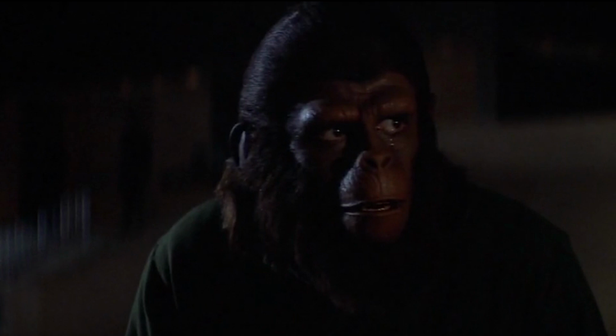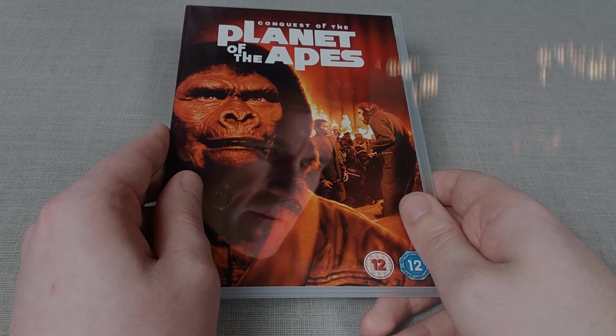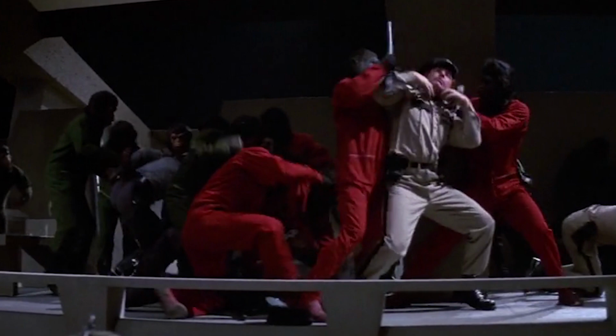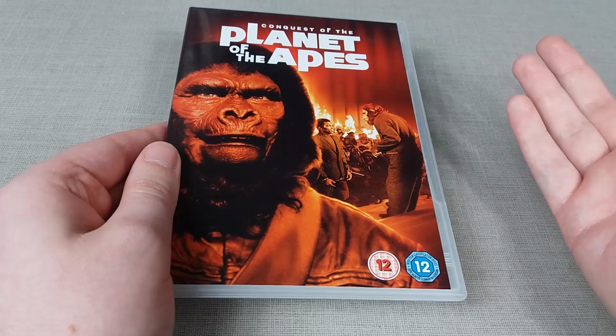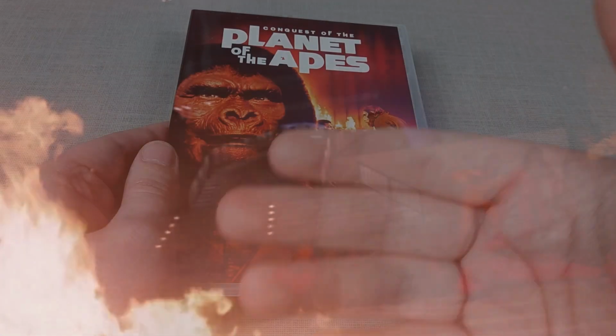And when Caesar learns of the demise of Armando, this cements within him the ape rebellion against mankind, and against the main antagonist, Governor Breck, who basically wants Caesar dead. And so Caesar begins the revolution, which is a really long action scene, which is kind of difficult to make out in some instances since they've lowered the lighting on purpose just so the background extra apes don't look as daunting with the lack of special effects and makeup that's been applied to them. And so throughout this sequence we have apes overthrowing law enforcement,